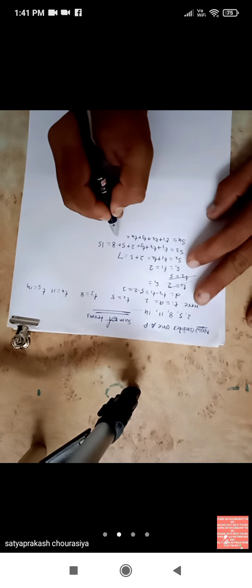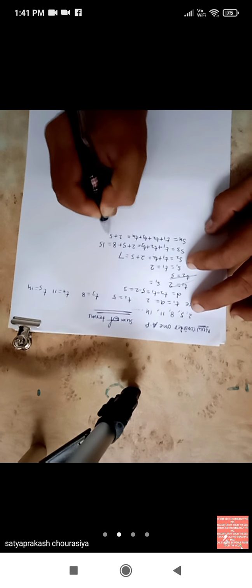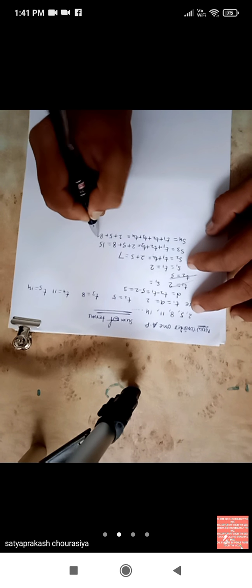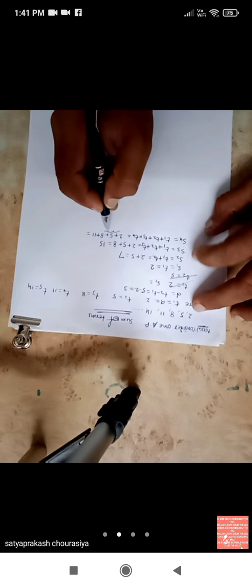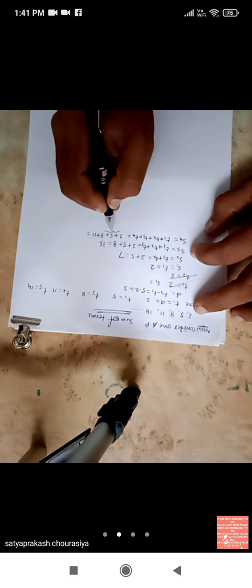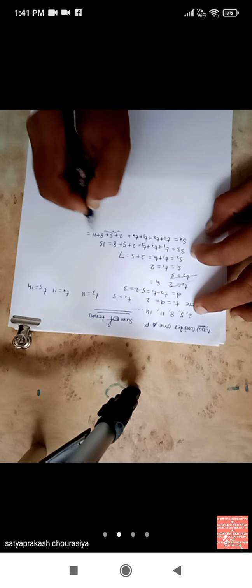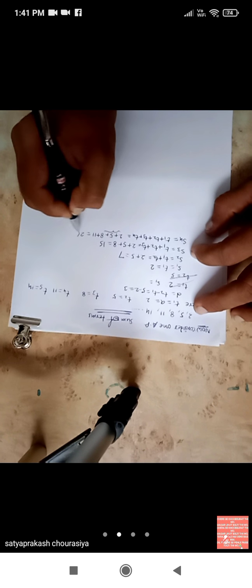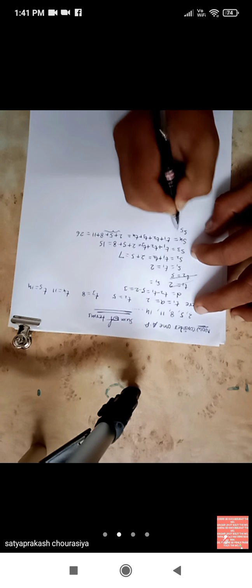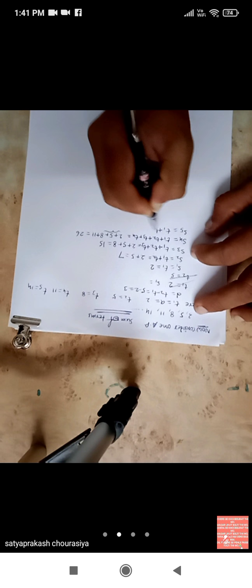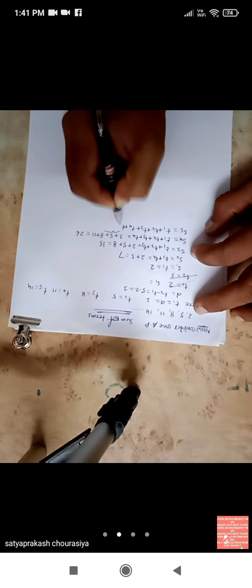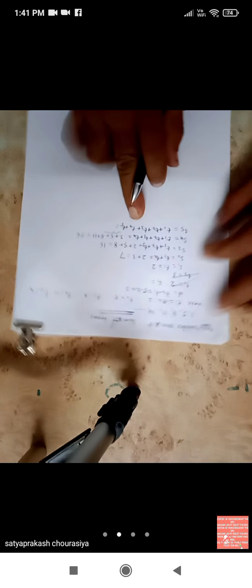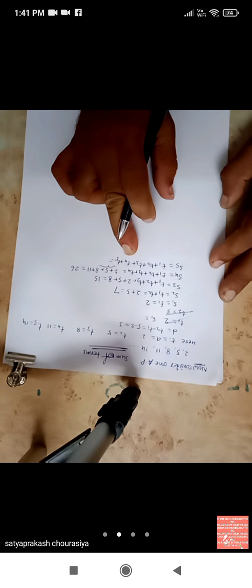Now T1 is 2, T2 is 5, T3 is 8 and T4 is 11. So up to T3, S3, we got 15, and 15 plus 11 is equal to 26. S5 means T1 plus T2 plus T3 plus T4 plus T5. So here we have to find the sum of all the starting five terms, okay. इसमें बीच से स्टार्ट